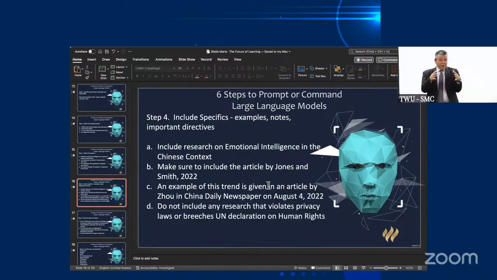You give it clear direction, and you get a better generated result. If you want to highlight an example, the example is in the Chinese newspaper here. That violates privacy laws or breaches the UN Declaration of Human Rights. You want a specific directive on what the output is going to be.